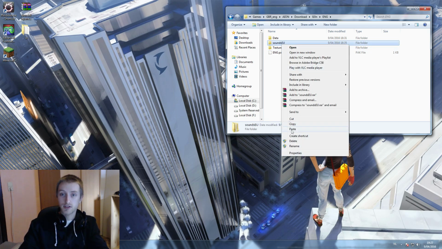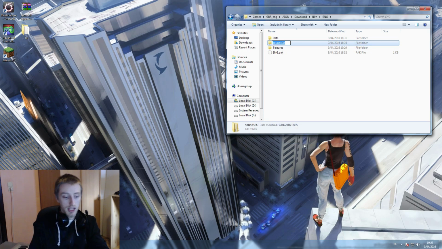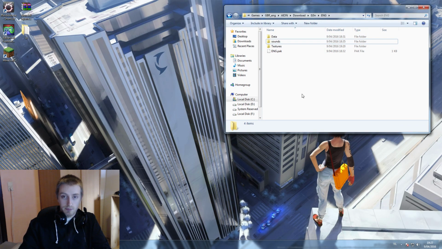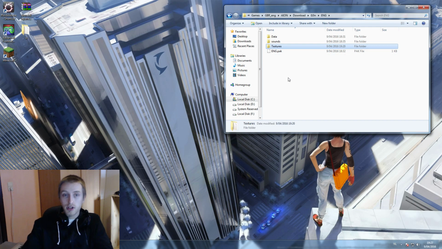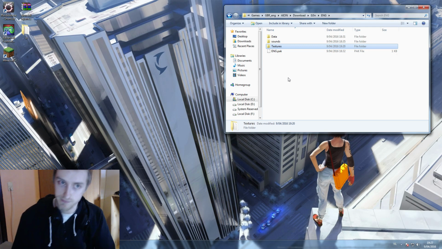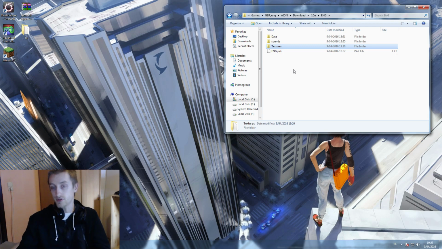You delete the folder that you had customized, and you just rename your EU folder back to sounds. Now your game is back to default. So for the textures, it's obviously going to be in the textures folder that you're going to be doing the hit fonts. I'm going to do the Japanese hit font first, because that obviously requires a few more steps than